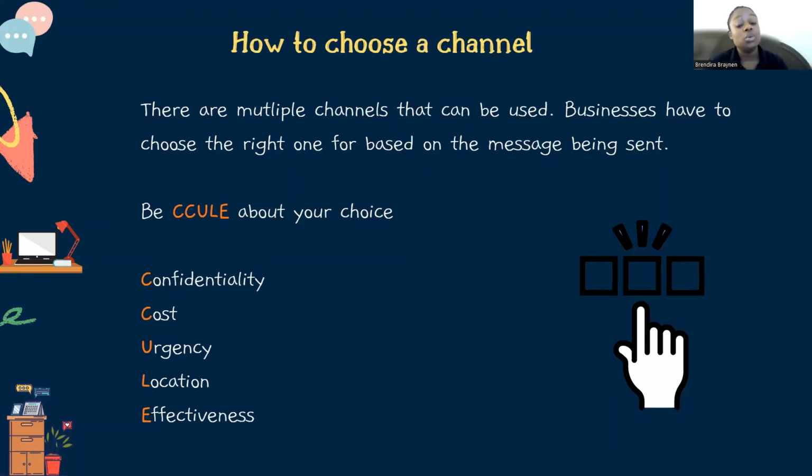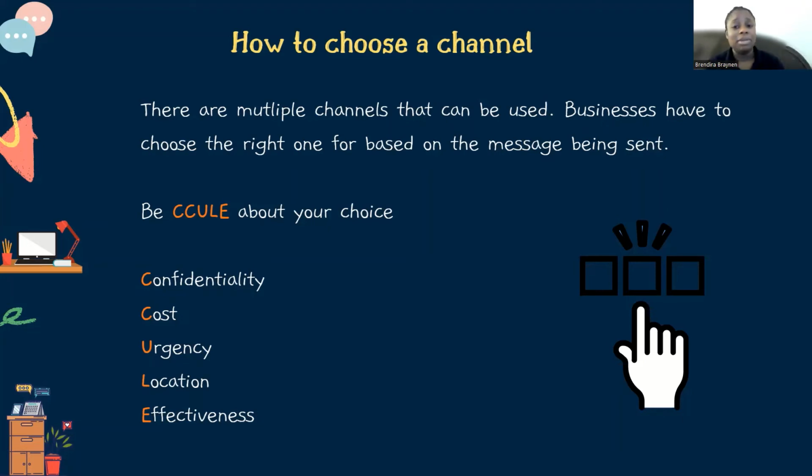The cost of using a particular channel as well is a major factor because you don't want to break the company's bank account to send a message. Maybe you don't want to have a 3-hour phone call to Australia and pay the 3-hour rate. Maybe it's cheaper to just have a webinar or a call on Zoom. It's going to be cheaper. And therefore, in business, you're in business to make money. Of course, you're going to pick the channel that's most cost effective.